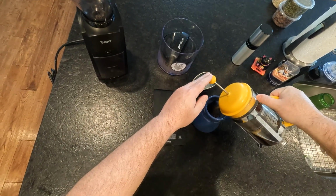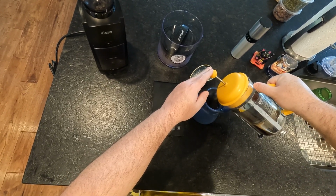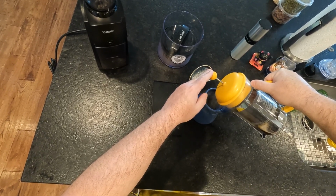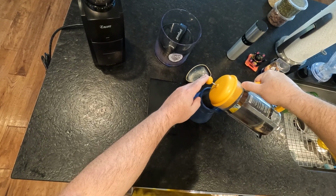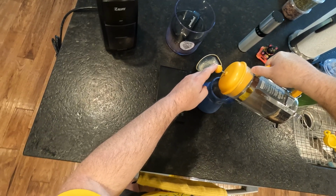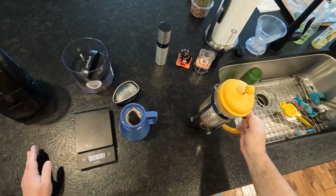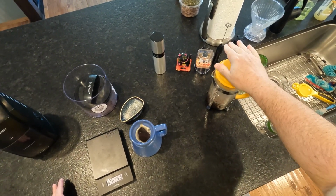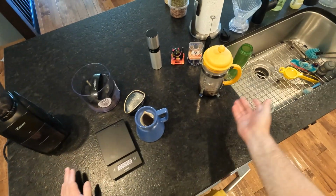Oops. I guess I should press it down. This carafe can't really handle, the lid is just ridiculous. I need a decent apparatus. I mean, this might have been $15, $20 at Target. It serves its purpose, but it's like,